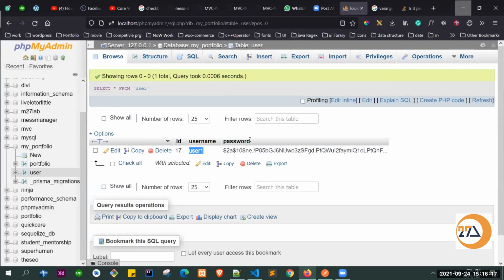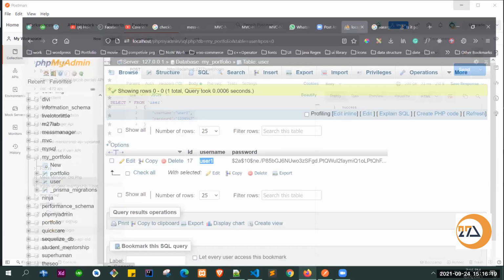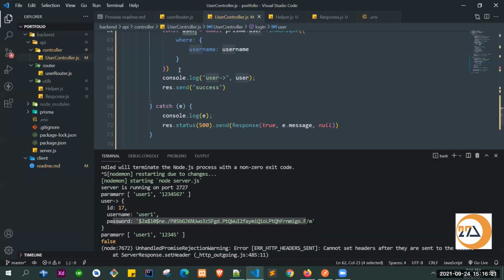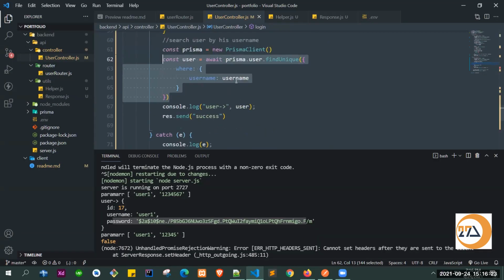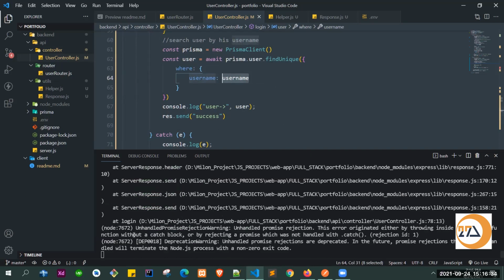Okay, that's the thing. So this will check that, and initially, first we will check that the user is available inside the database or not by using their email or any unique thing. Okay, now we are not using email here. That's why we are using this username. Okay. So after that, as you can see, we got some error.